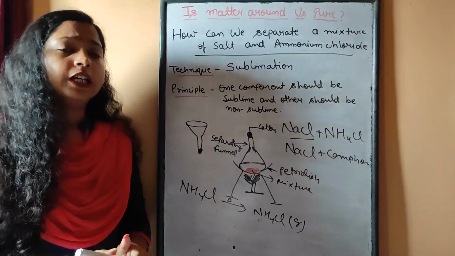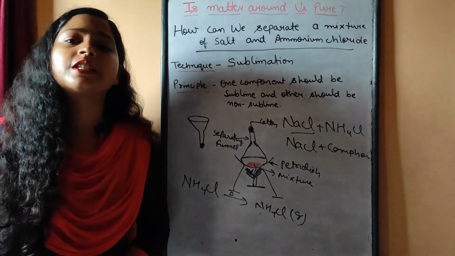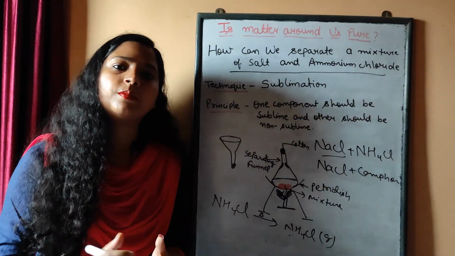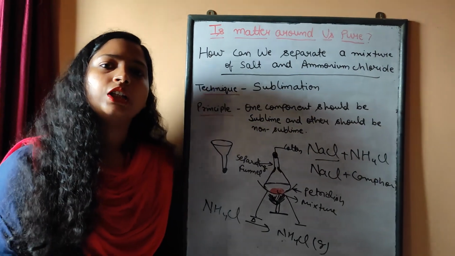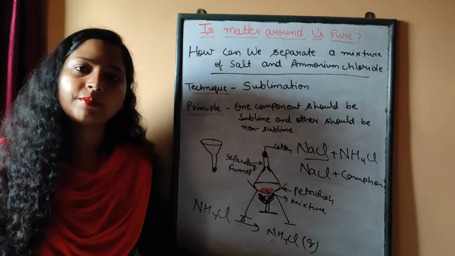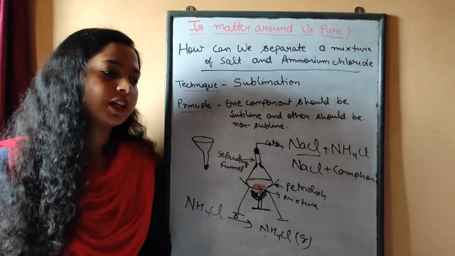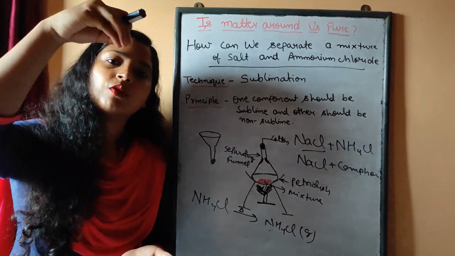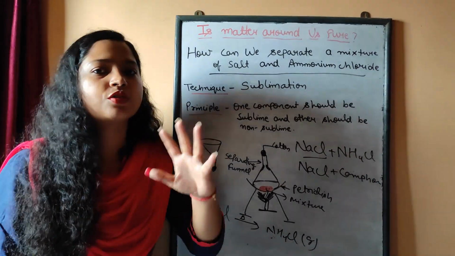All of you know, कॉमन सॉल्ट को अगर हम टेम्परेचर इंक्रीज करके रख दें या रूम टेम्परेचर पे भी रख दें तो थोड़े टाइम के बाद वो क्या होता है, लिक्विड स्टेट में कन्वर्ट होना शुरू हो जाता है. तो NH4Cl और NaCl का मिक्सचर है, अगर NH4Cl बीइंग सब्लाइम, फ्यूम्स बनना शुरू हो जाएगा और फ्यूम्स बनने के बाद वो ऊपर की तरफ उड़ेगा. सिंस वहां कॉटन लगा हुआ है, दे हैव नो चांसेस टू स्किप आउट.